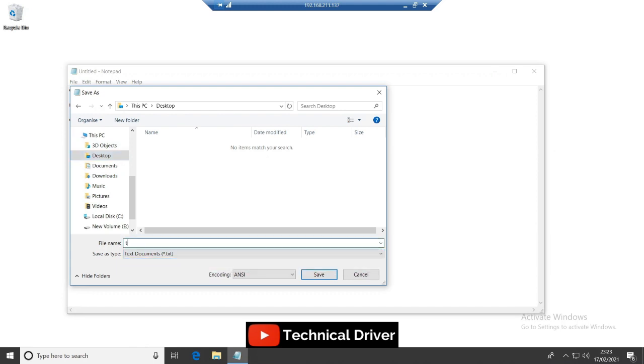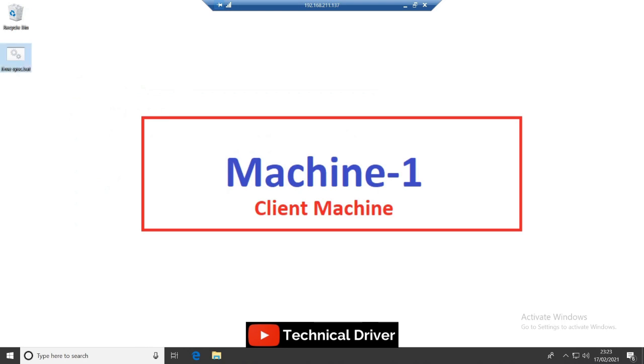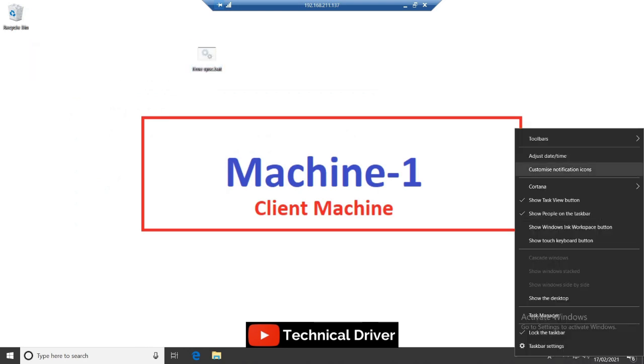You can also use the .cmd format. I'm going to save it on my desktop. Now it is saved, and you can see this batch file is successfully created on my desktop.